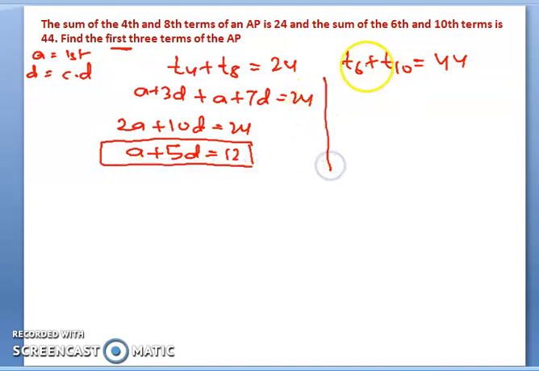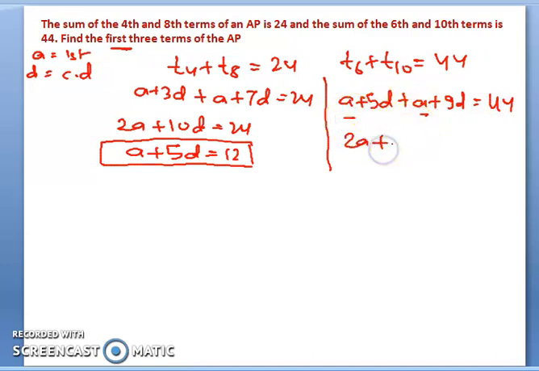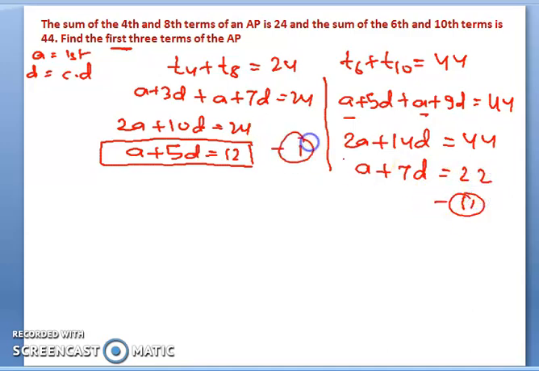Now moving to the next one, T6 I can write A plus 5D, and T10 I can write A plus 9D, which is equal to 44. So A plus A is 2A, and 9 plus 5 is 14D, which is equal to 44. So I can divide by 2, and I can write here A plus 7D is equal to 22. So now we have two equations, this is 1 and this is 2. Again we can use the elimination method to eliminate A. So I'm just subtracting